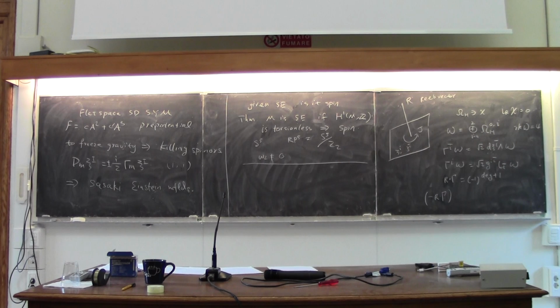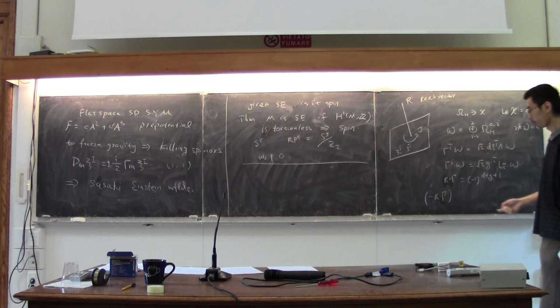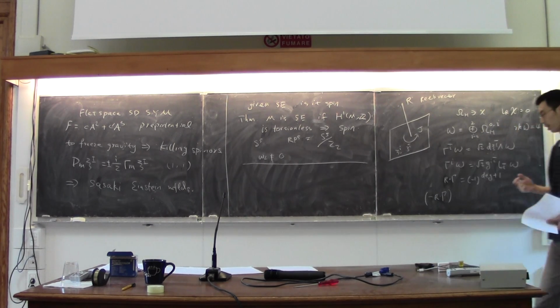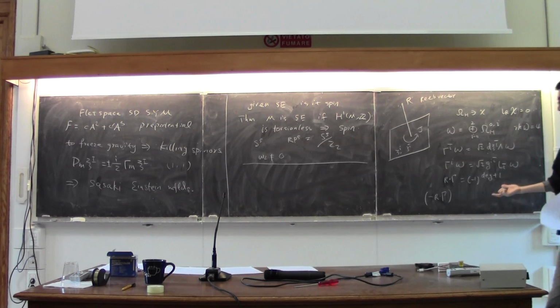We call this the chirality operator because r squared has length 1. So this matrix squares to 1, so it has plus or minus 1 eigenvalue, and this matrix will split the spin bundle into plus and minus chirality subbundles. In fact, the plus chirality corresponds to those forms which are of even degree, so 0 and 2. The minus ones will be degree 1.